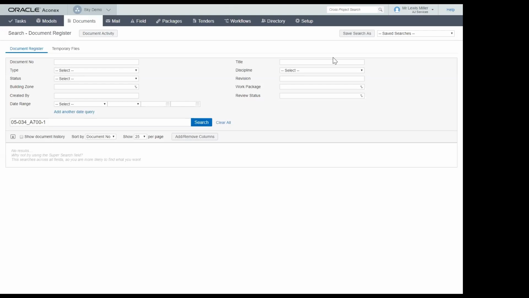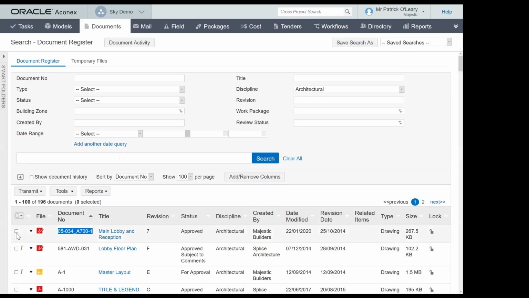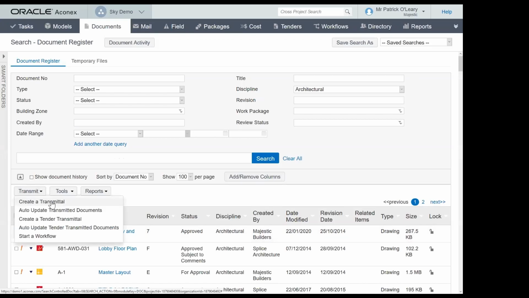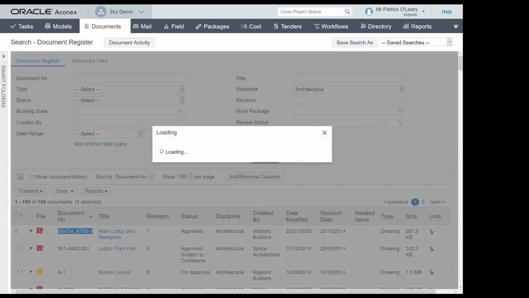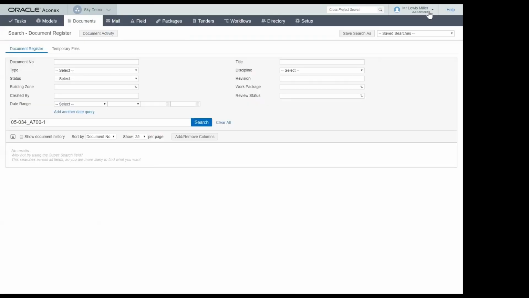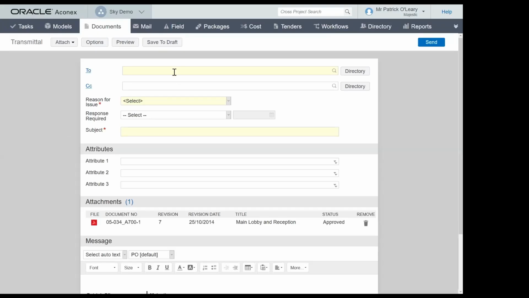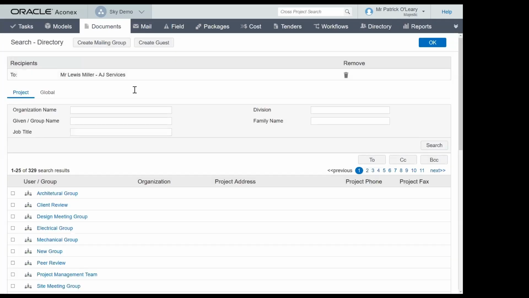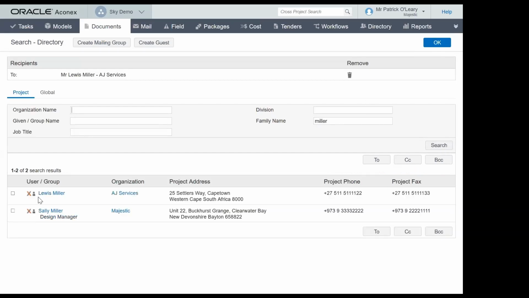Now, very easily, when it comes to sharing this information, I could then share this as a transmittal to this organization now, Louis Miller.